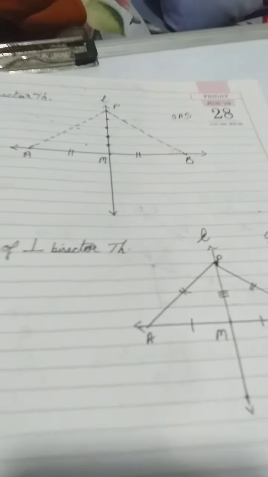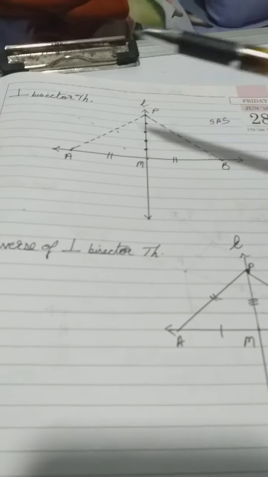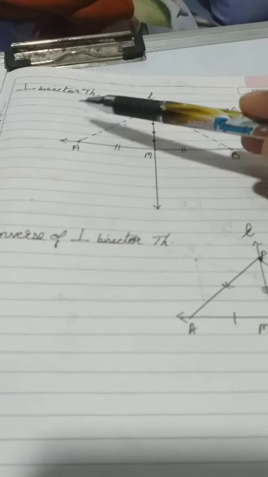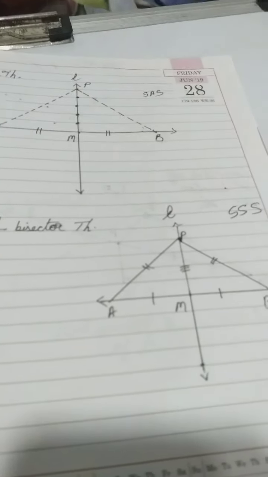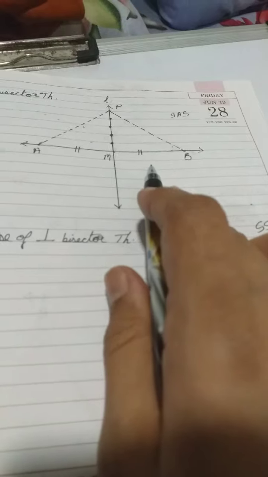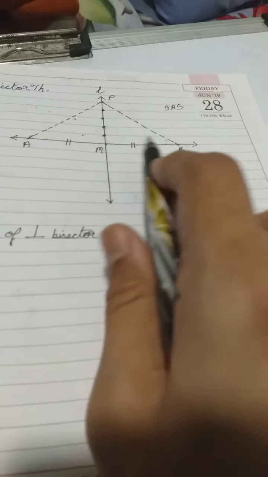Next one हम लोग क्या करेंगे, अभी तक हम लोग ने क्या किया लेसन नंबर 3 में, if we are learning a proof we learn the converse of that proof. बराबर, तो same thing we are going to do here. When we have learned the perpendicular bisector theorem, now we learn the converse of perpendicular bisector theorem. Okay, what was the perpendicular bisector theorem? Points lying on the bisector are equidistant from the end points of the segment.